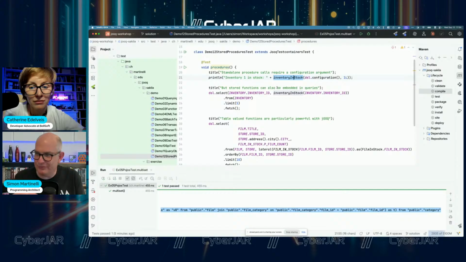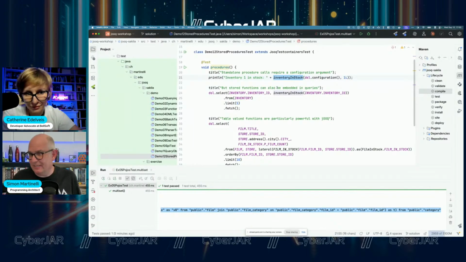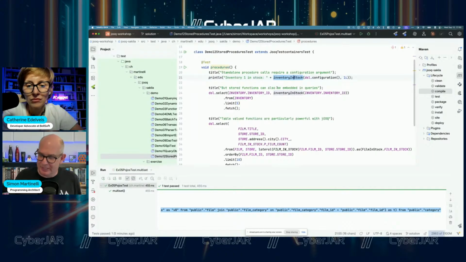And if you ever have to try, or even use JDBC for that, it would require a callable statement, and that's very tricky, especially if you have in and out parameters for the stored procedure that you want to call, and Hibernate doesn't make it simpler. So also with Hibernate, that's relatively complicated, and here that's very simple. I know that a lot of people don't like stored procedures or don't do stored procedures, but if you work with a legacy system, you always have stored procedures somewhere, and JOOQ is the best way to use that.